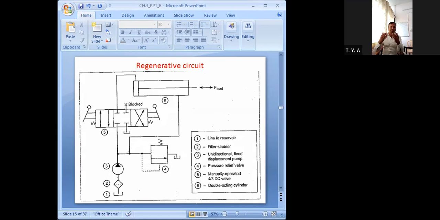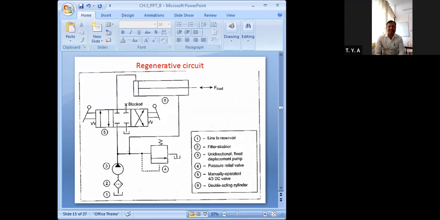Due to that only, the speed of the double acting cylinder is going to increase as compared to our retraction stroke. In this regenerative circuit our extension stroke is faster. Why is it faster? Because the speed of the extension stroke in the regenerative circuit is greater than the speed in the regular double acting cylinder. So the speed of this extension stroke in this regenerative circuit is fast.